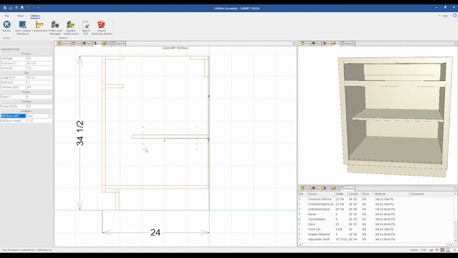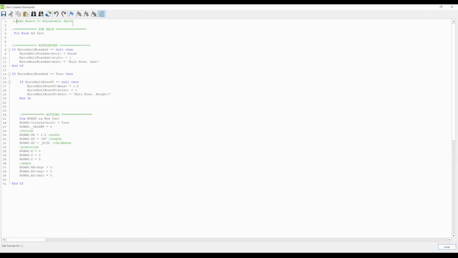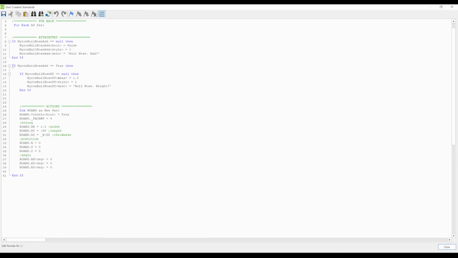And the reason for that is it was already created, and I don't have anything telling it to go away if it's false. So if I would bring out a new cabinet, yes, it wouldn't be there the first time, but once I had enabled it to true and then turned it back off, it would always be there. So let's add one more line to clean that up. So if this equals true, then do all of this. Else, if it's not true,